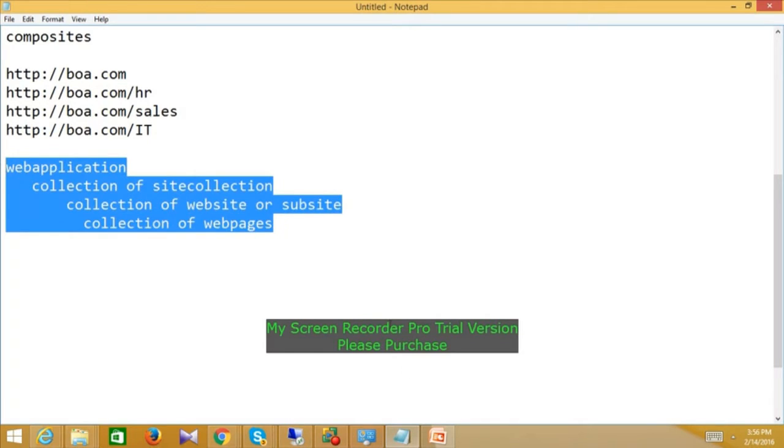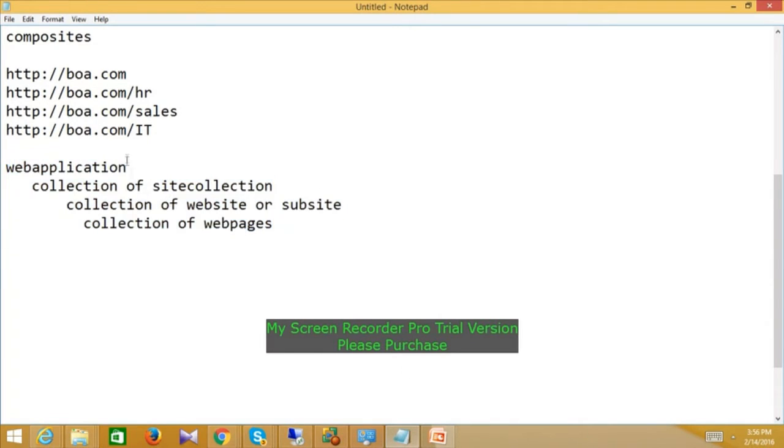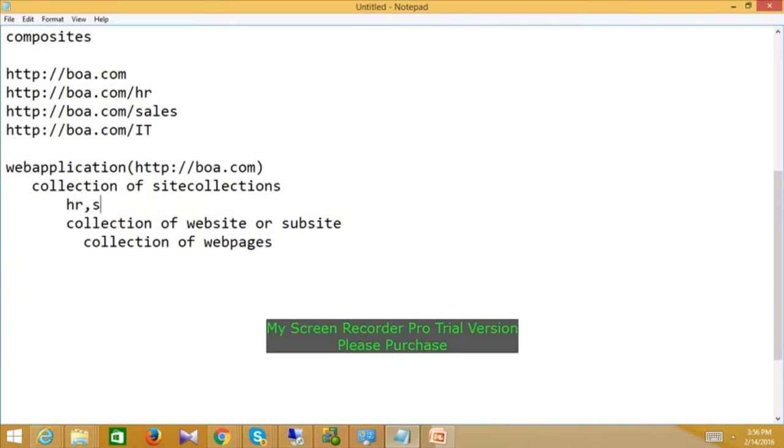Web application, I can say, is http://bankofamerica.com. Site collections are like HR, sales, and assume finance, marketing, IT. These are site collections.